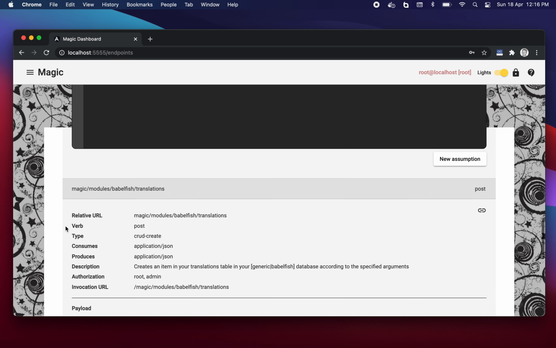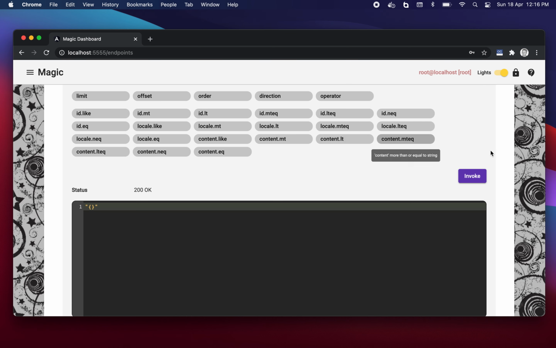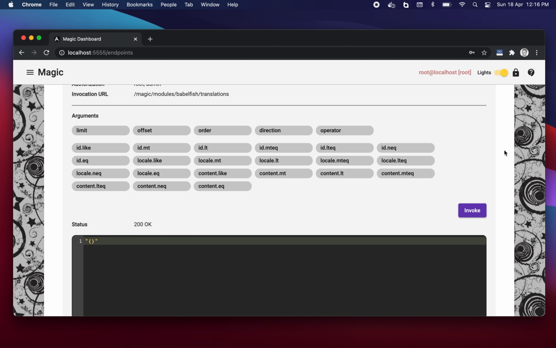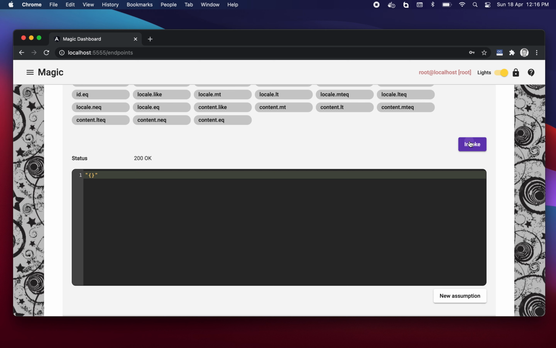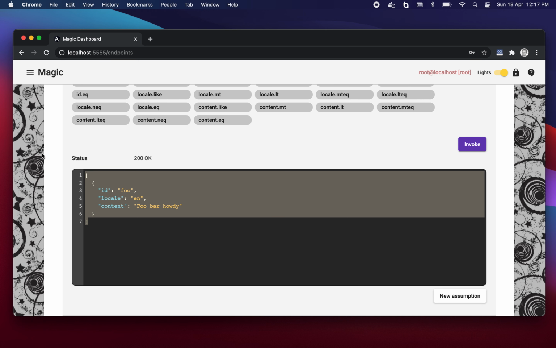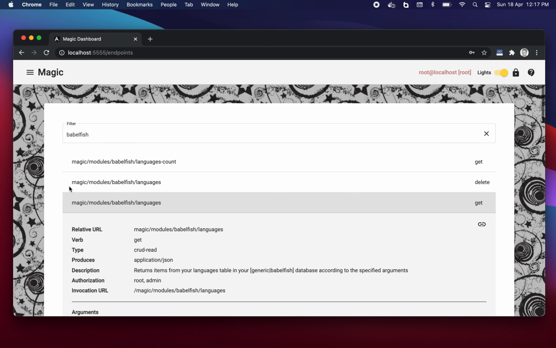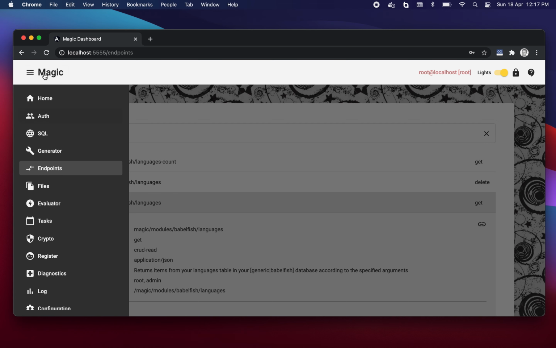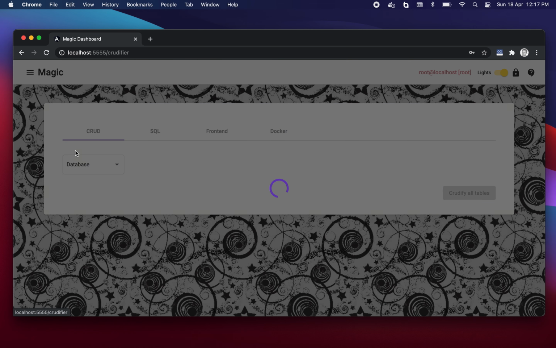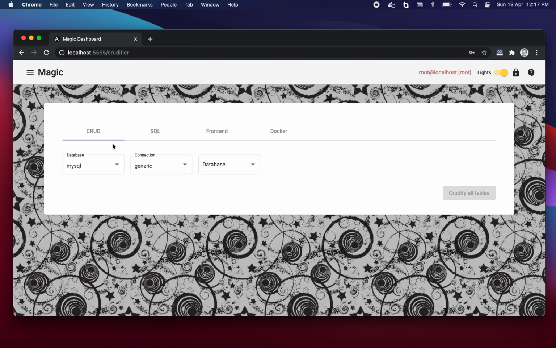Then we can go back up to our translations get invocation. We can invoke it again, at which point we see we get one item back. Now we're going to do something funny. Now we're going to go all the way up, then we're going to choose the generator menu item here. However, this time, instead of automatically crudifying the entirety of our database, we're going to click